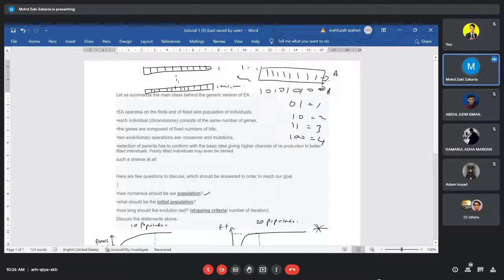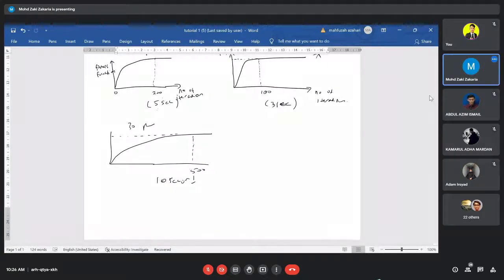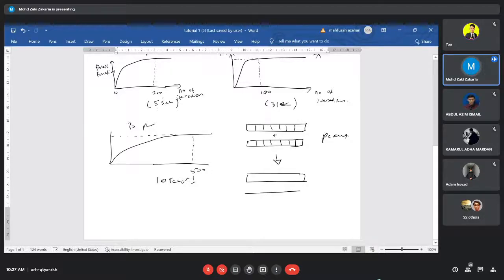Crossover means we just do it like this. For example, we have two chromosomes. 2, 4, 6, 7. So we mix them by crossover, so we can get the children. This is the parents. Parents and children. So the children have the same column, or same segment or gene. 1, 2, 3, 4, 6, 7. So maybe at this point number